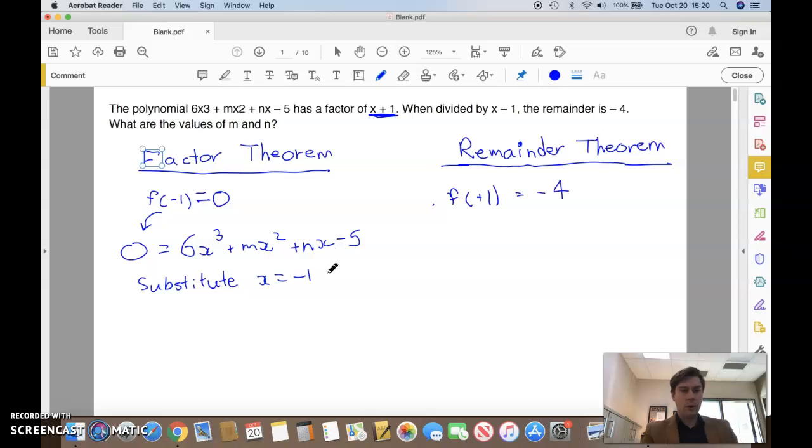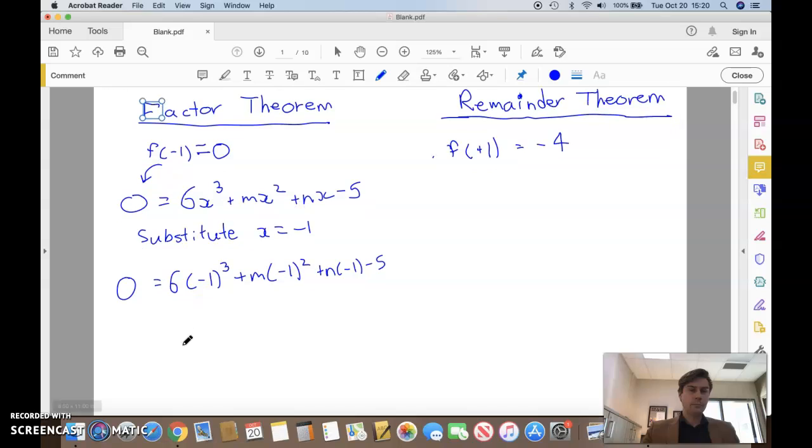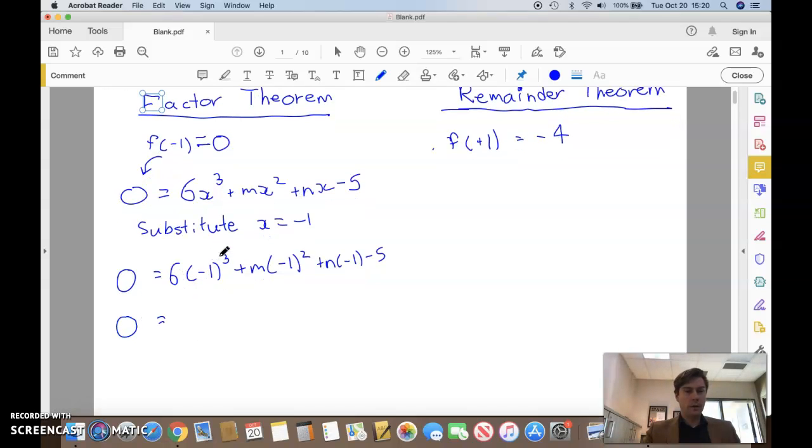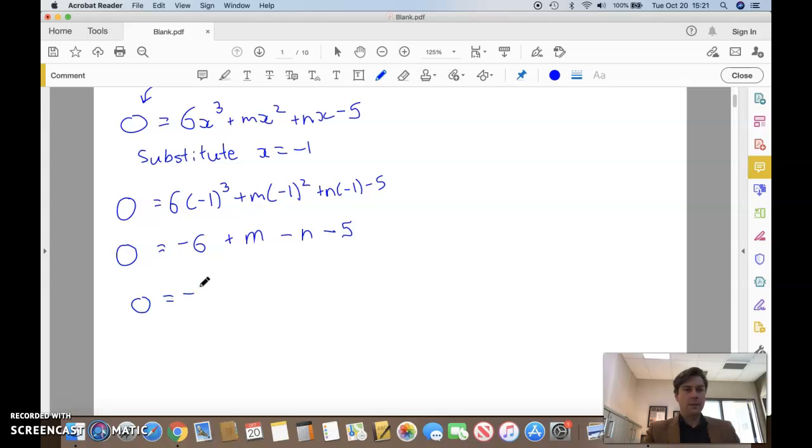So f at negative 1, because it's the factor, we're going to substitute x equals negative 1 into the equation. So 0 equals 6 times negative 1 cubed, plus m times negative 1 squared, plus n times negative 1 minus 5. And what we end up with is negative, because it's an odd exponent, so it's going to be negative 6 plus, negative 1 times negative 1 is positive 1, so just m, minus n minus 5. You can combine negative 6 and negative 5. It's going to give us negative 11